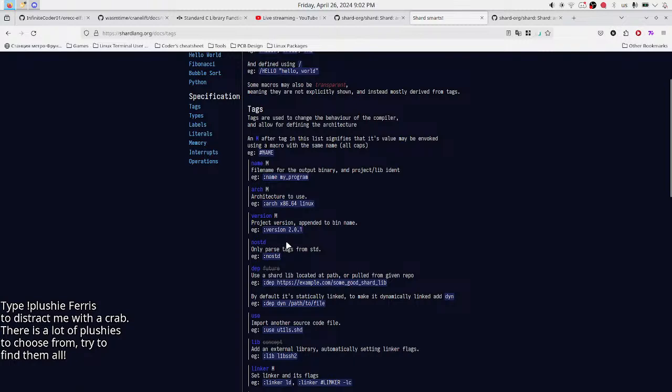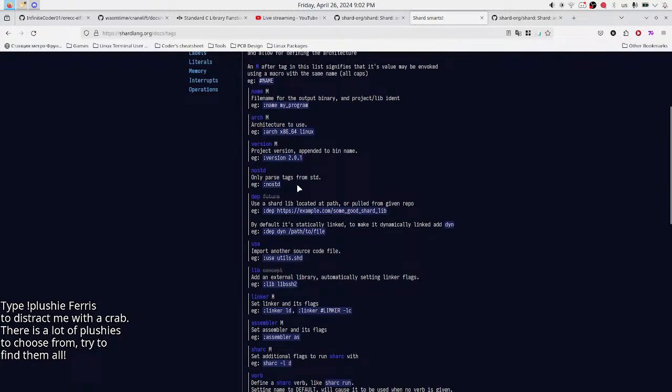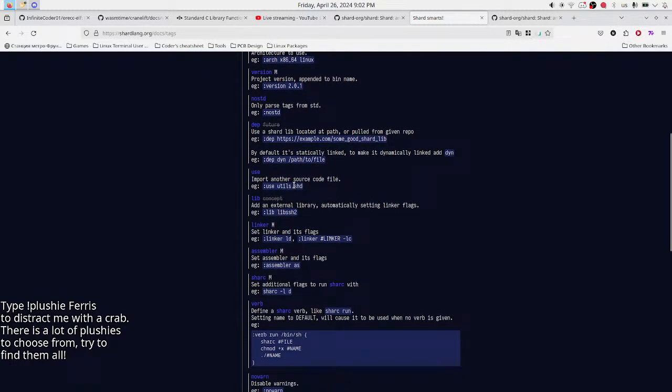Version, project version appended to binary name. No std, only parse text from std. What do you mean? Like you don't really have a standard library. You have a basic core functionality in standard library. Why would you disable it? And only parse text from std.